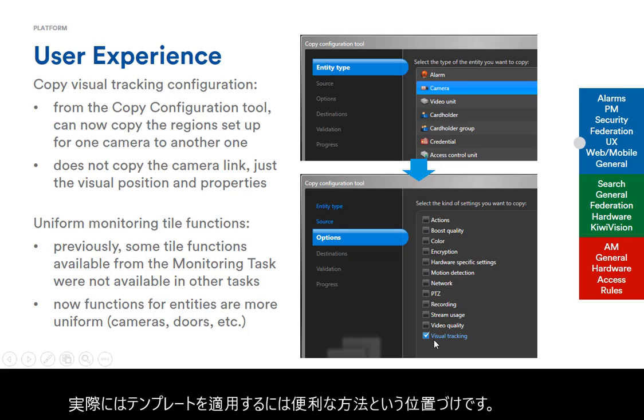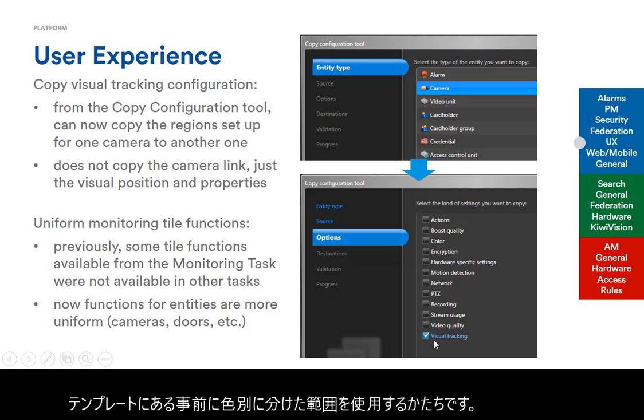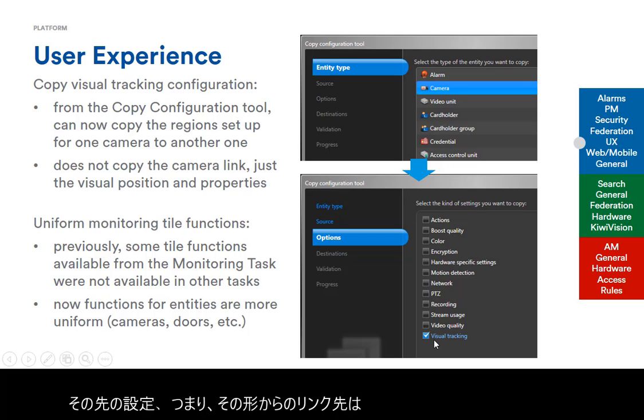So let's say in your camera you want boxes on the top left, top right, bottom left, and bottom right, and that's going to be for every camera on your system, and it's going to go to different cameras from there. To keep everything very circular and very accessible from within the visual tracking function while you're viewing a camera,